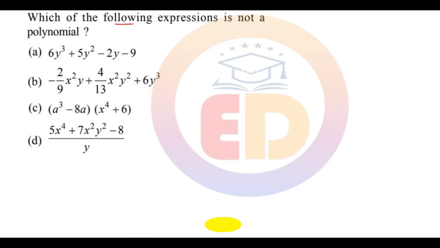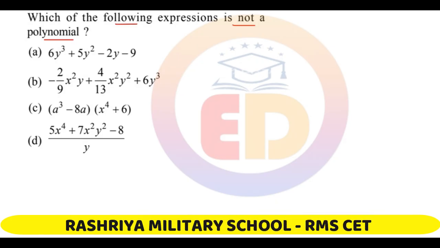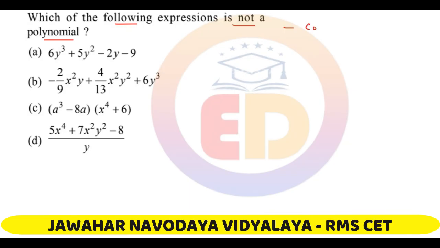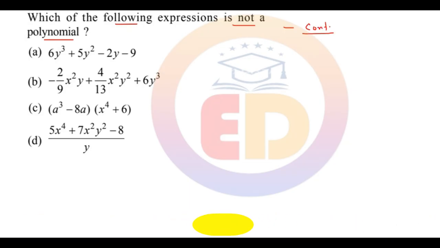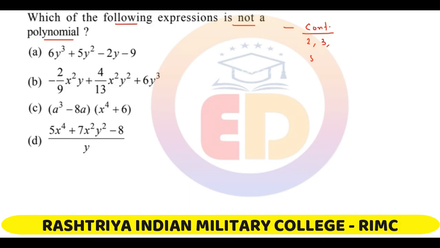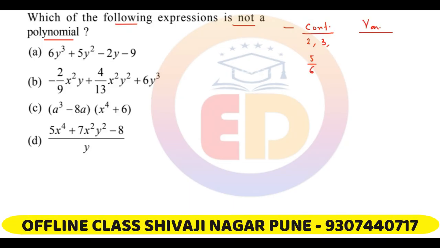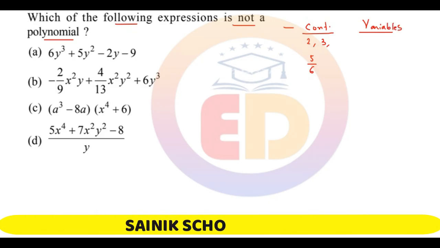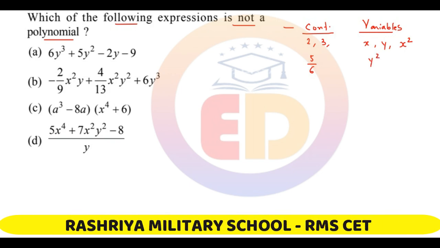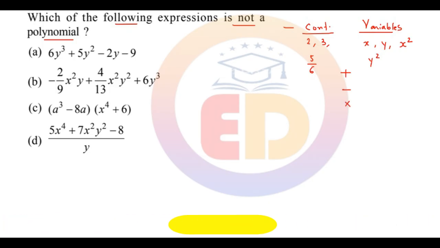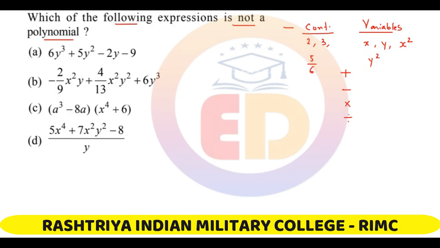Which of the following expressions is not a polynomial? A polynomial is when the constant terms, meaning the numbers 2, 3, 4, 5 or 5 by 6, are joined with variables. Variables are x, y, x square, y square. When the constants and variables are joined by the 4 operations, addition, subtraction, multiplication and division, these terms will